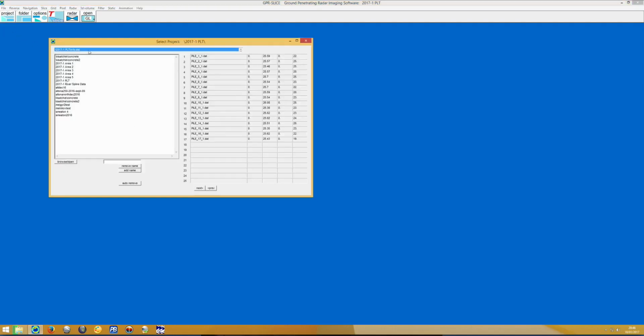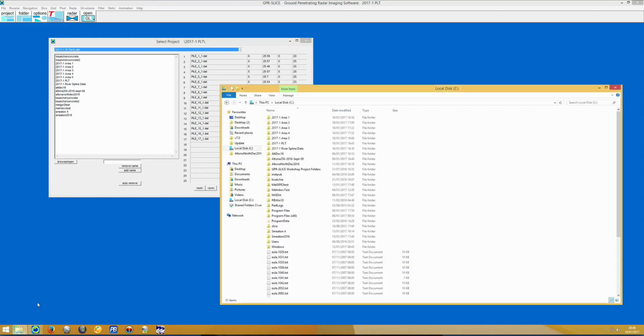So all we have to do is click on the project button in the upper left corner of the screen, and you will see a list of all the projects that you have been working on in the past. Now some of these might not be present anymore. For instance, if I go to my local C drive, you might find that one of the projects,